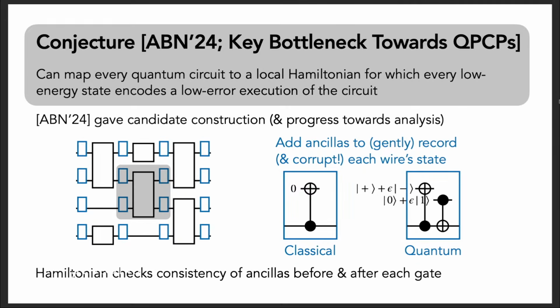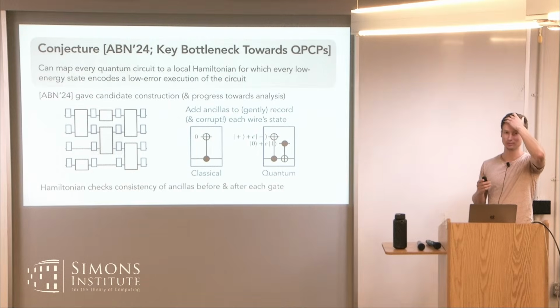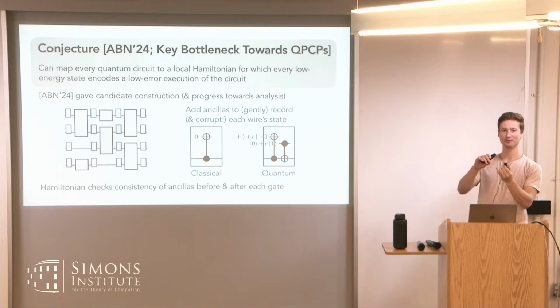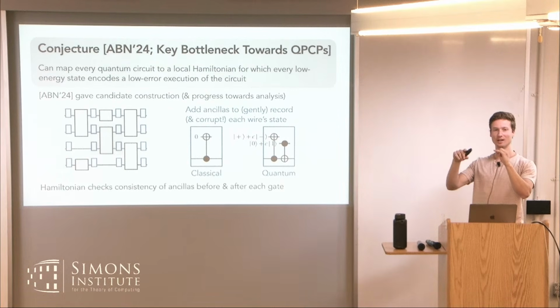Maybe the confusion is that Feynman-Kitaev also only checks one gate at a time. But here it seems like I'm checking one gate at a time too. I guess Feynman-Kitaev checks one gate at a time, but for every time step, you have t tensor the state at time t, and then you have t plus 1 tensor the state at time t plus 1.